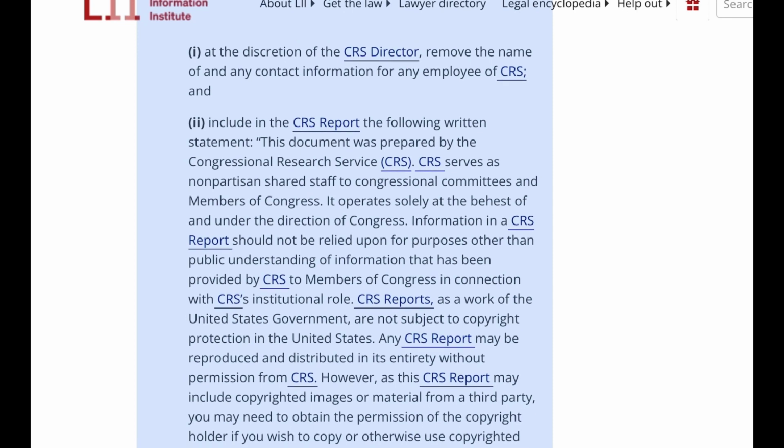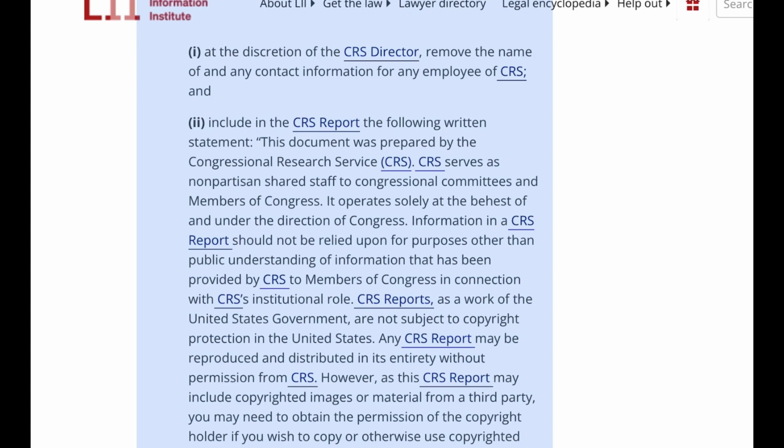This document was prepared by the Congressional Research Service, CRS. CRS serves as nonpartisan shared staff to congressional committees and Members of Congress. It operates solely at the behest of and under the direction of Congress. Information in a CRS report should not be relied upon for purposes other than public understanding of information that has been provided by CRS to Members of Congress in connection with CRS's institutional role.